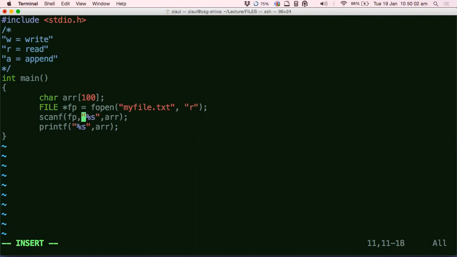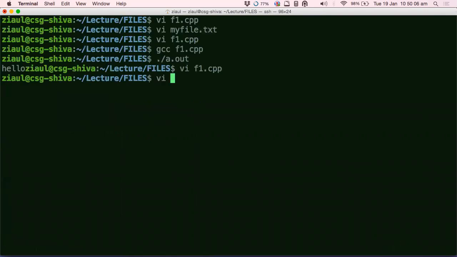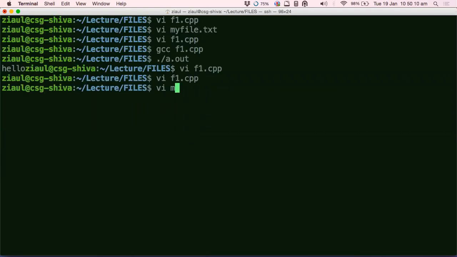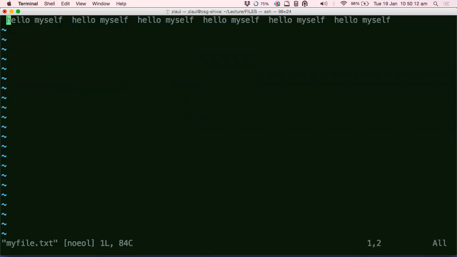To think logically, all that you have to think about is, what if I would have typed these values on my keyboard? What would the scanf read? That's all you have to think about. If I would have entered all these things on my terminal, when the scanf wanted input from me in the form of a string, what would have happened? Scanf would have only read the first hello, because after the space it terminates.